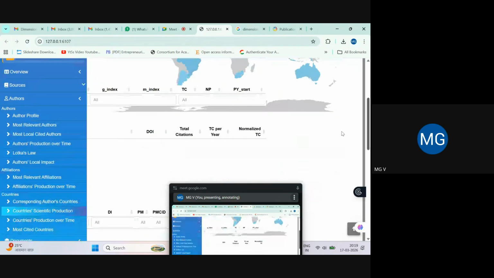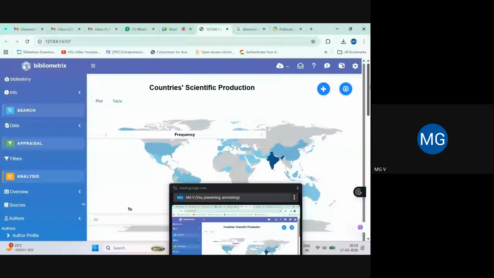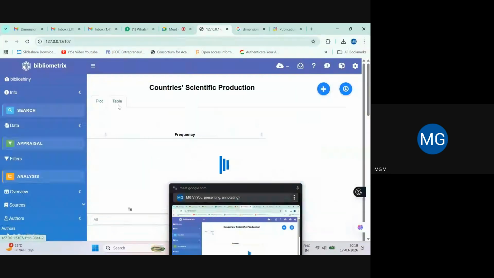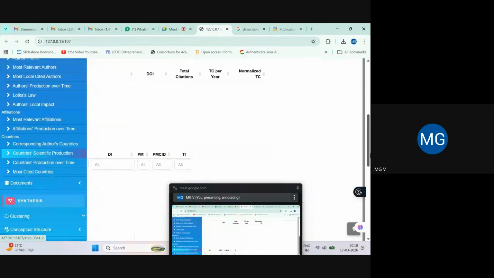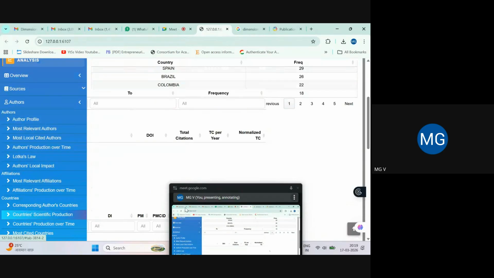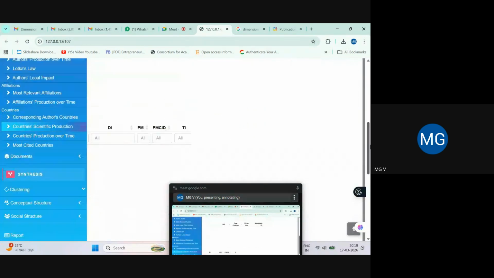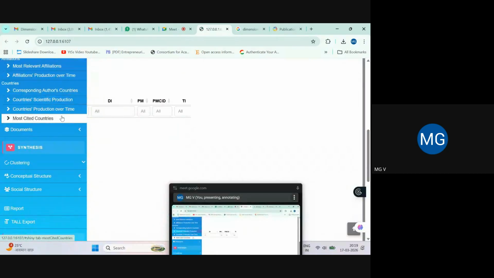So this is how you can analyze. Now G index, right? If you find it difficult, you can go for tabular form. So here you get the numerics. Then the next option that we can use is most cited countries.